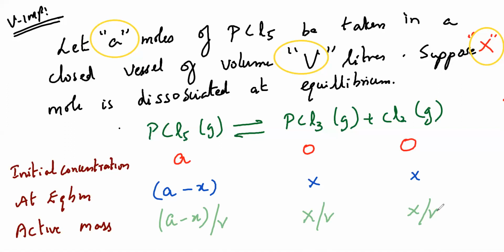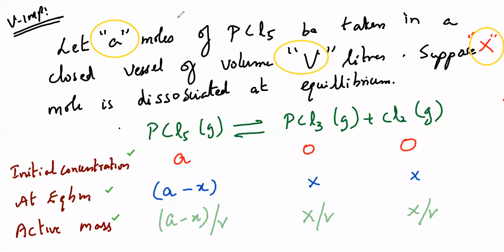Fine. So they can ask you what is the active mass of PCl5. They can ask you what is the active mass of PCl3. They can ask you what is the active mass of chlorine. These are the kind of questions which will be coming for the entrance, and very easy also to do. This particular thing, whichever I'm ticking, we have to study compulsorily. These three things will remain the same. I have just taken this from a previous entrance examination paper.